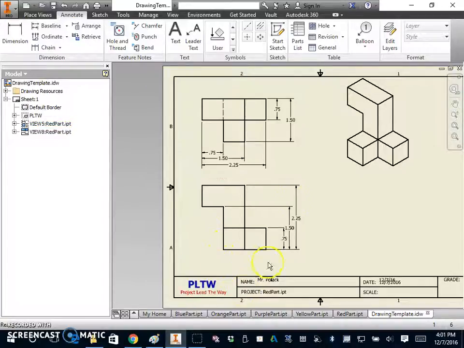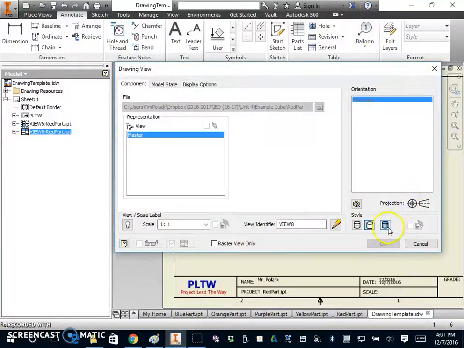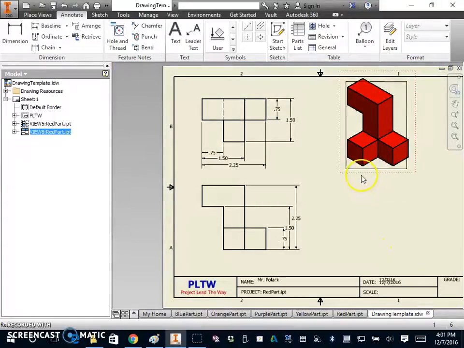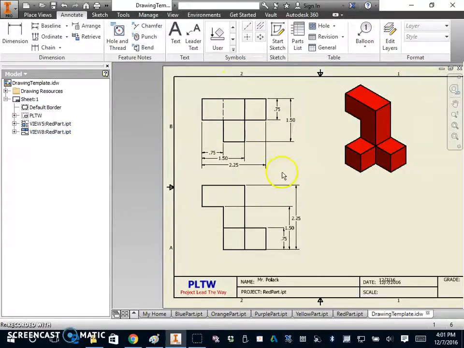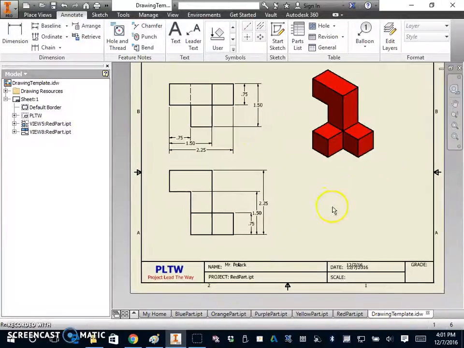Last thing that I would like you to do is, if you double click your ISO, you can change this to shaded and click OK. And now that's a more realistic looking piece. Okay. So use as few views as necessary. You're probably always going to need at least 2 views. In some cases you might need 3. So give me all your dimensions, save